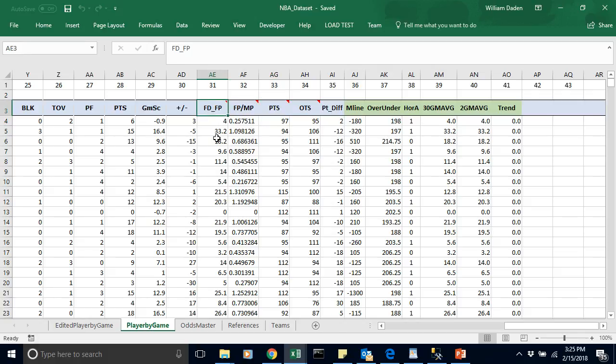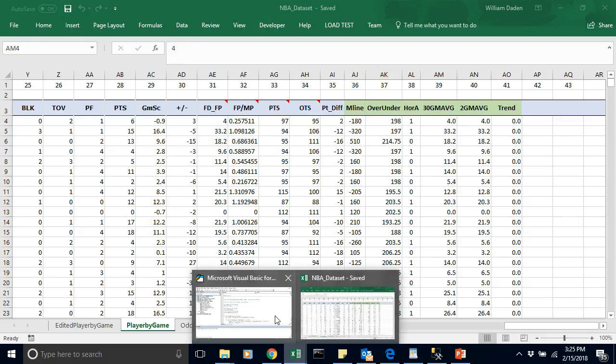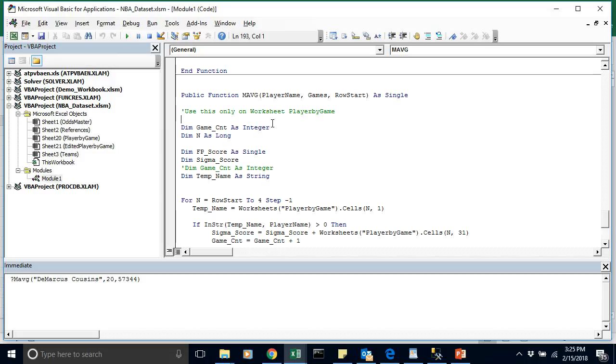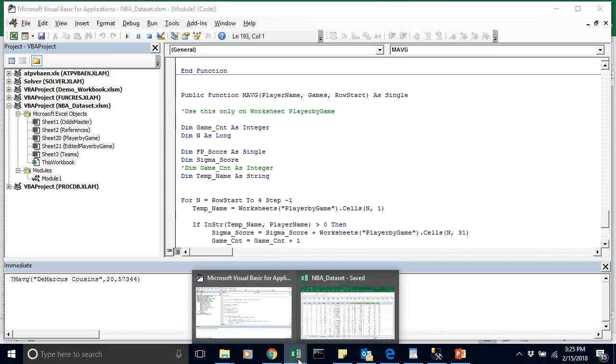Now, how was this put together? It was basically scraped from various sites around the web, and for example, something like the 30-day moving average or the 2-game moving average was simply generated by code which is included in the VBA module. So if you look at this function here, for example, moving average, player name, games and row start, all it does is it goes to this sheet